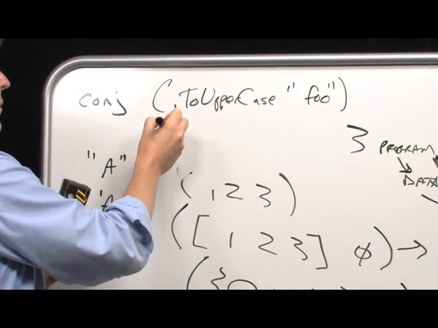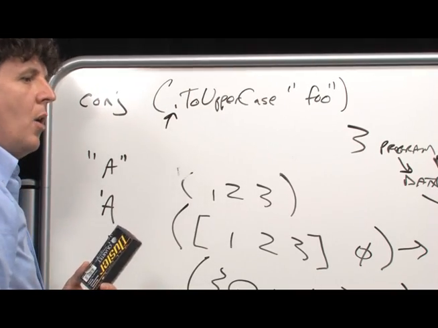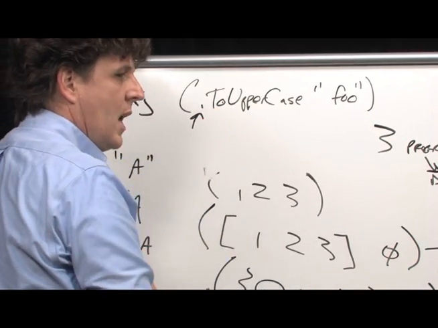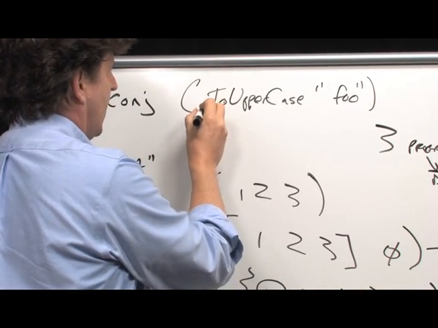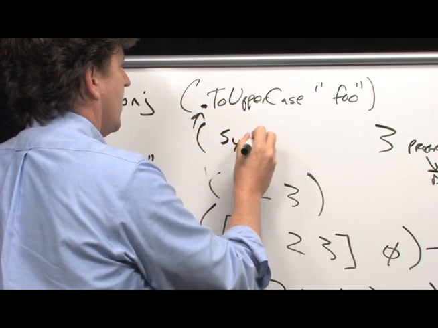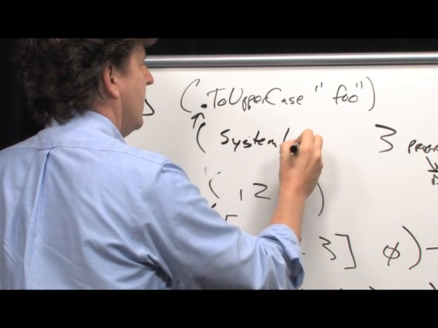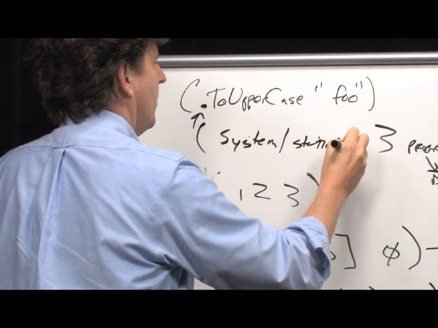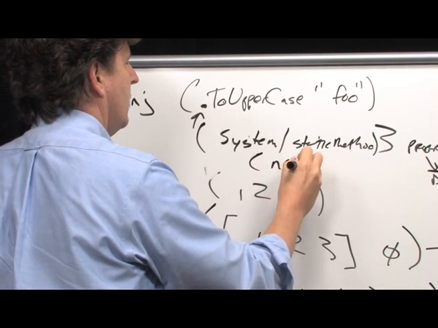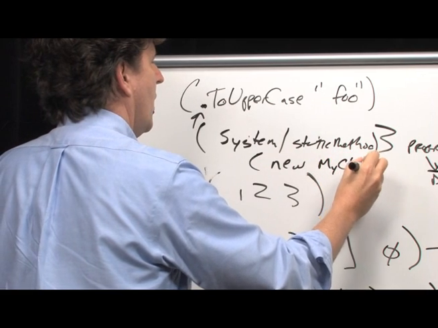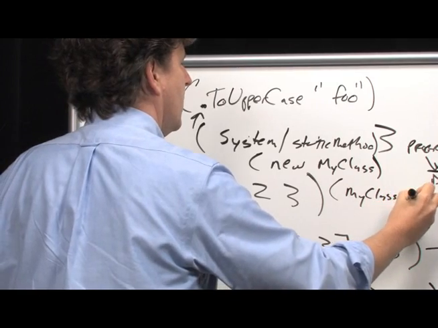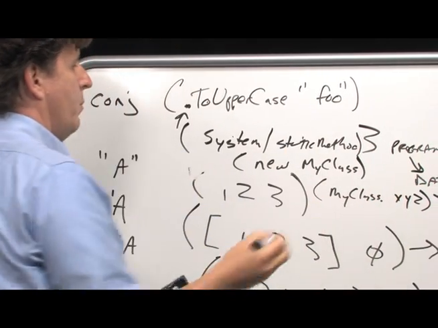Somebody remind me of the syntax. So there's some special syntax for host interop. We can call a method on an object using dot, which is actually connected to that symbol. We can call some static thing like that. You can call new by saying new, my class, or just my class again, to get back to sort of treating it like a function. So that's interop,